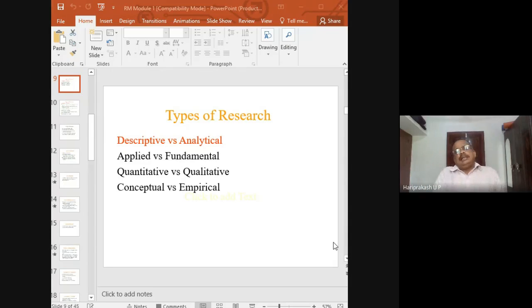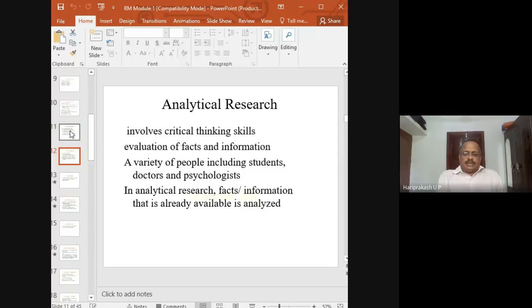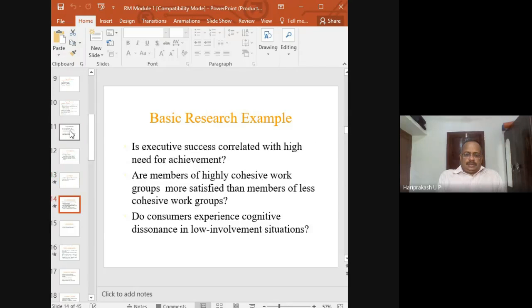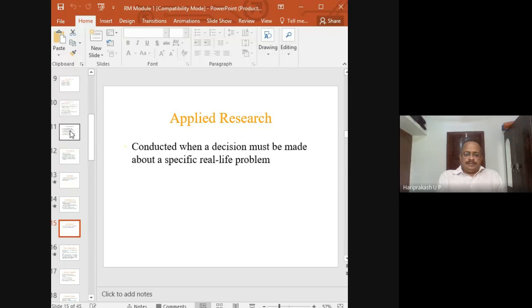That is very fundamental, that is very basic. Okay, so we had started discussing different types of research. Descriptive research is there, analytical research is there, then we said applied research and fundamental research. So we were discussing some examples of basic research. That's where we stopped yesterday, right? So further we'll see